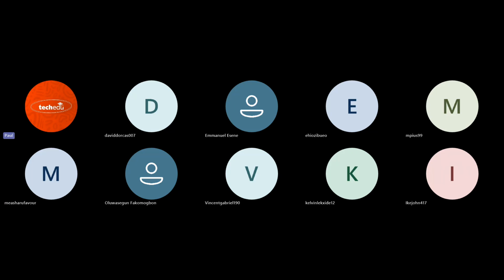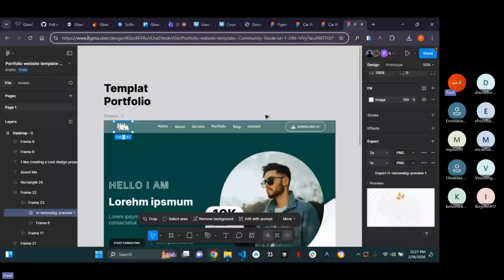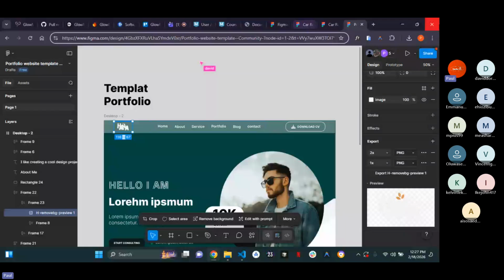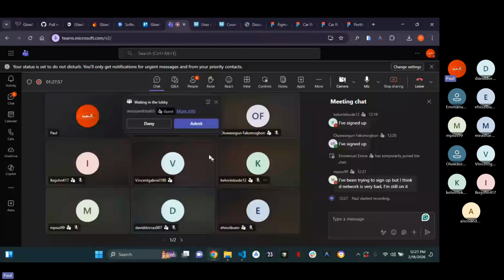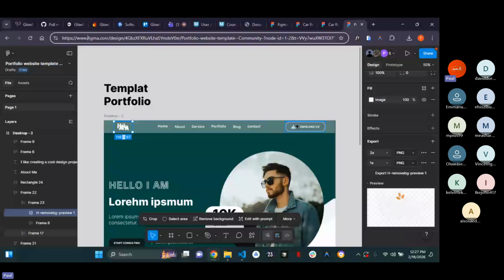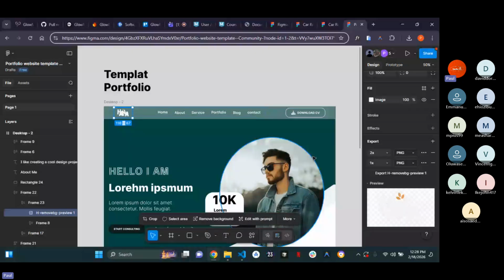Entirely, we'll be moving into something new, something very, very new. And we'll be working on CSS responsiveness. And what is responsiveness? Responsiveness is basically talking about, okay, I think we'll talk about it when we get there. But we'll work on CSS responsiveness. So now let us start working on